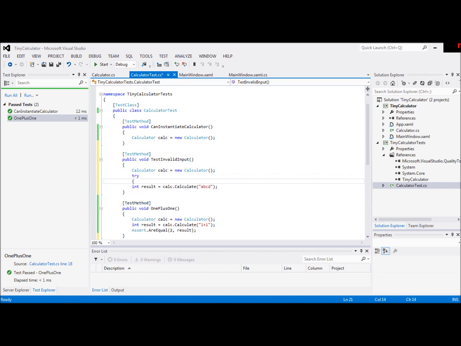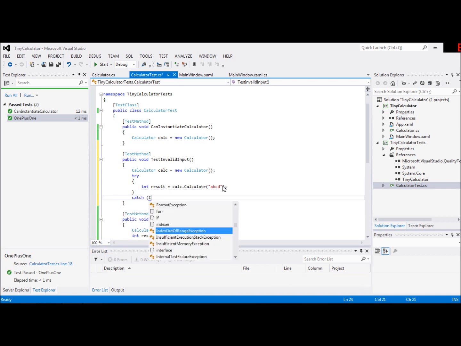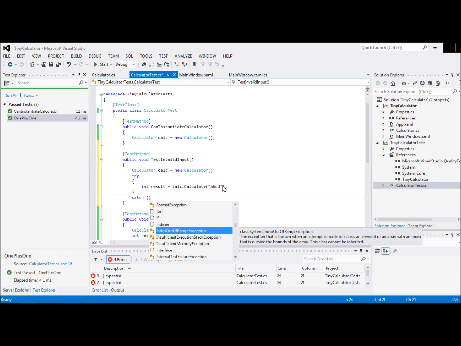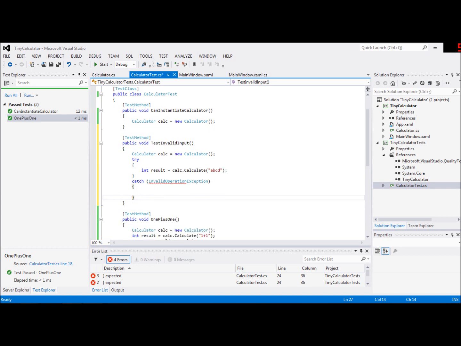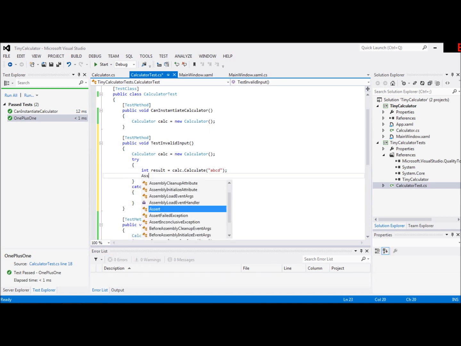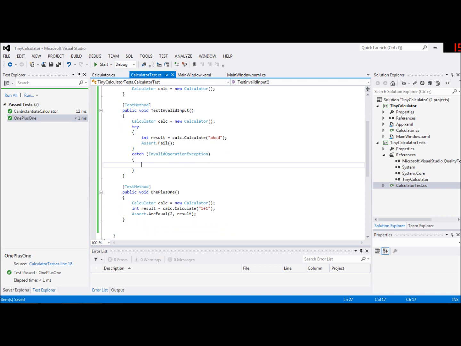So I'm going to catch the expected exception. Let's just say invalid operation exception. Oops, invalid operation exception fits, rather than creating a new exception. So I'm going to catch that, and if that's not caught, then I'm just going to do assert.fail. So that fail will go off if this exception does not occur on running that calculate method. Let me just run that now,